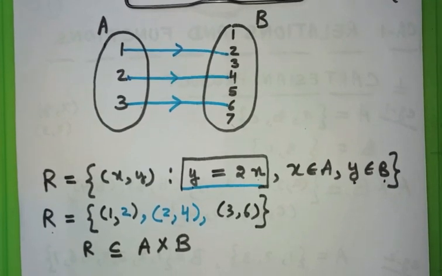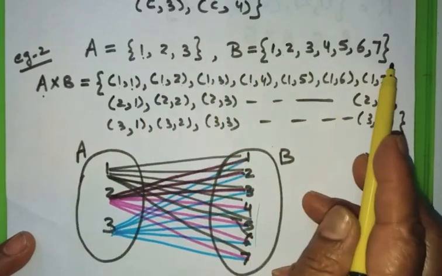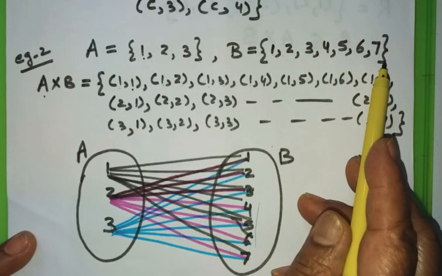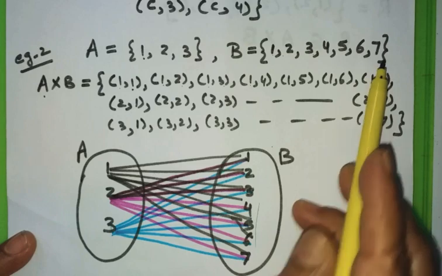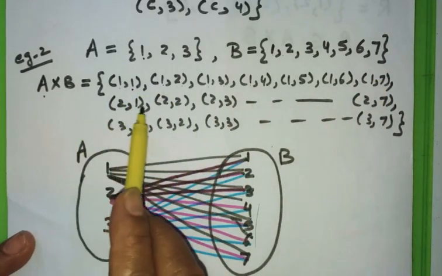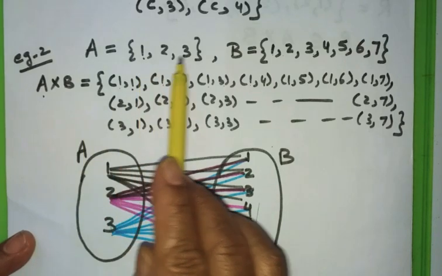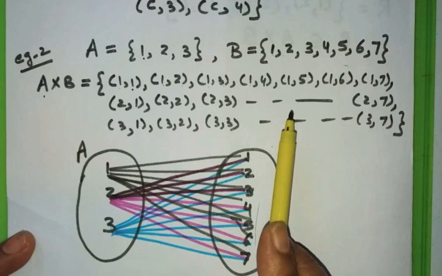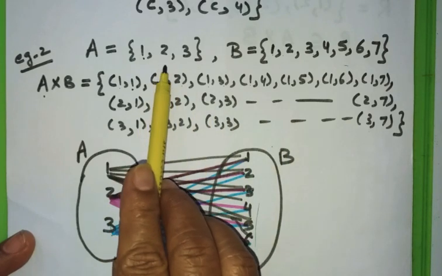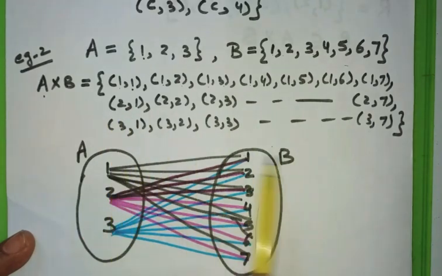Let me show you. This was the Cartesian product of the two same sets that I have written on the next page to write the set R, and these were all the elements of A cross B. In A cross B, in Cartesian product, I have randomly written all ordered pairs of A and B without thinking about any relationship between the elements of A and the elements of B. It is simply a pairing up process.